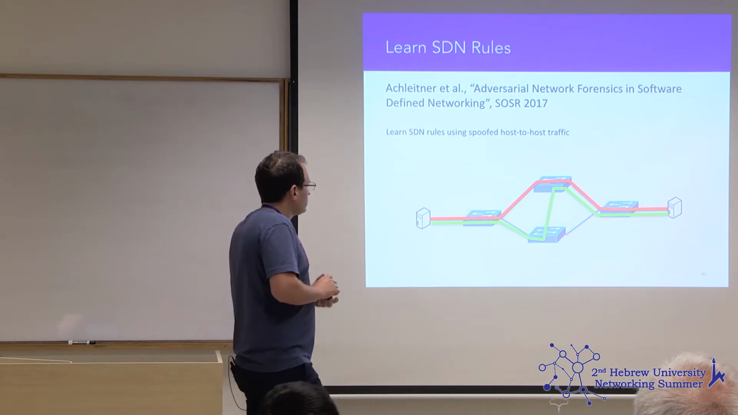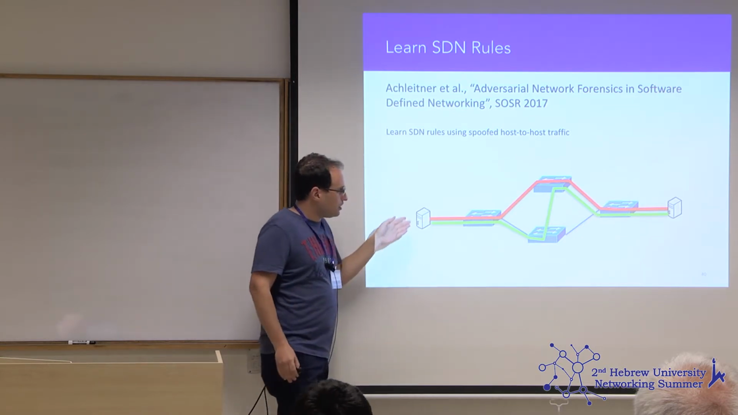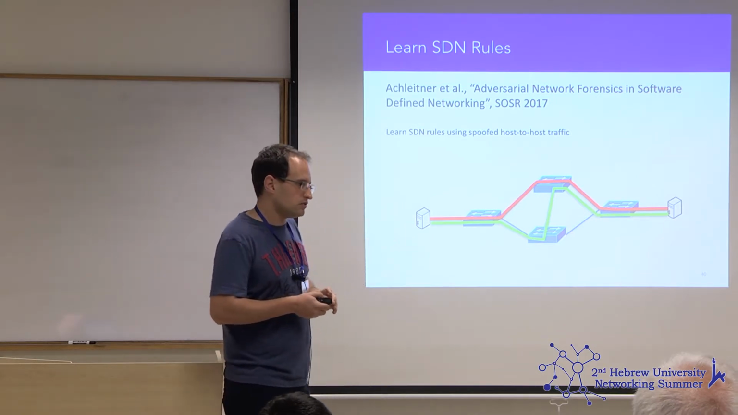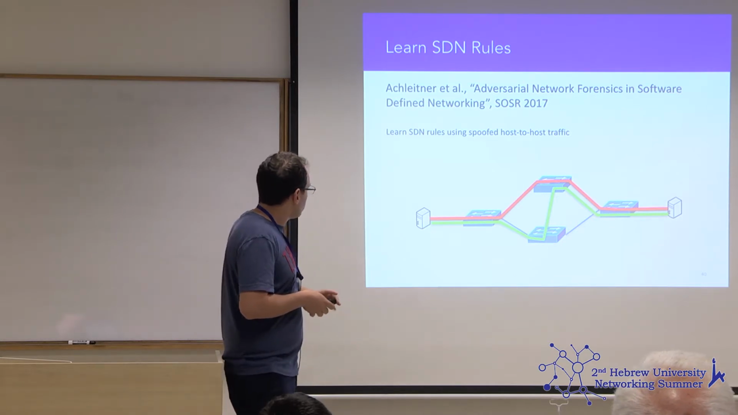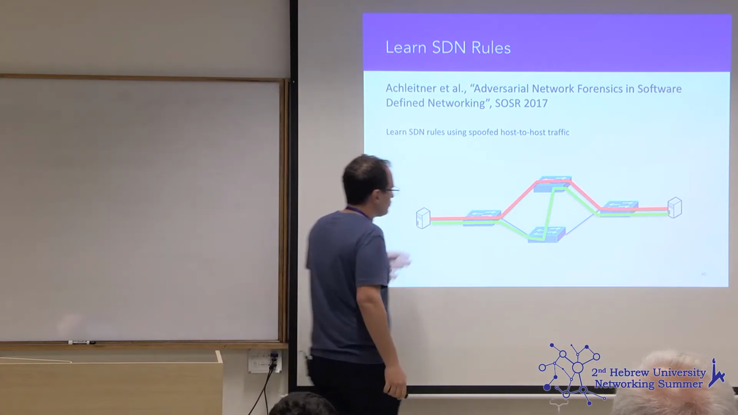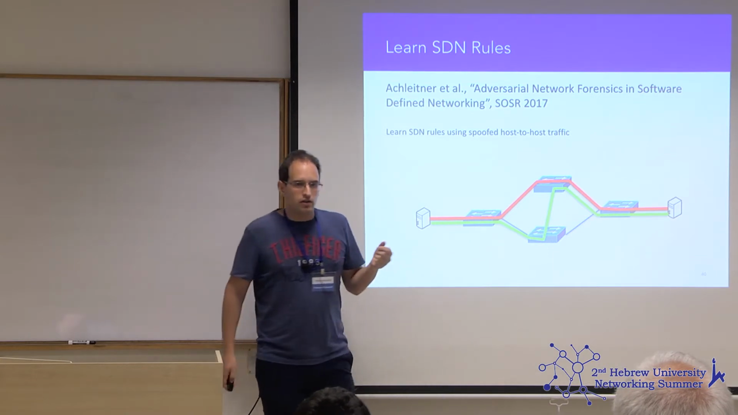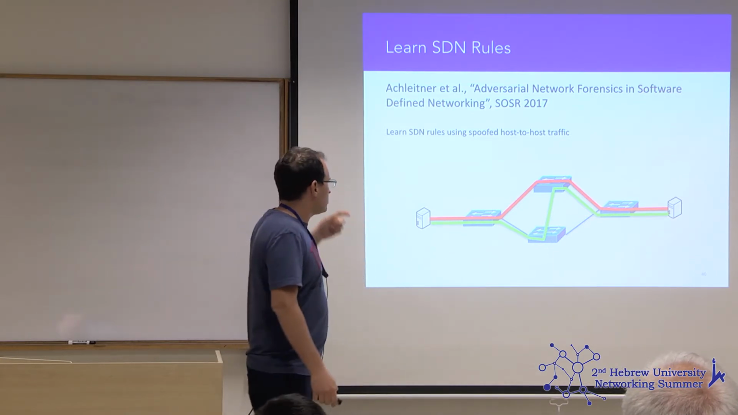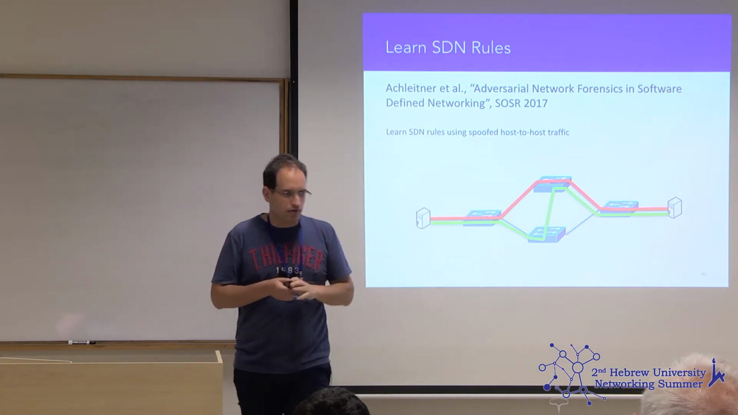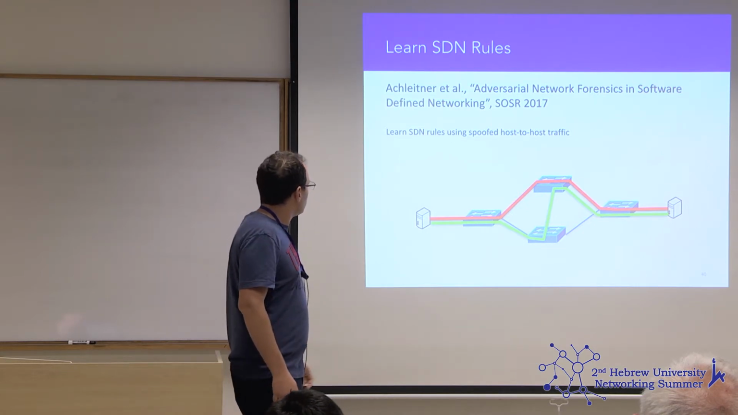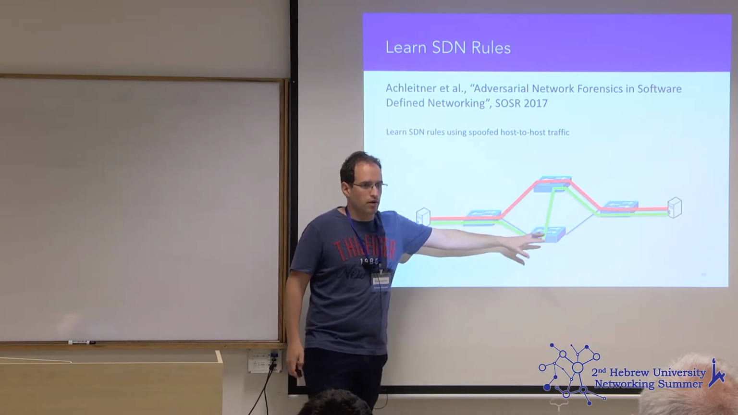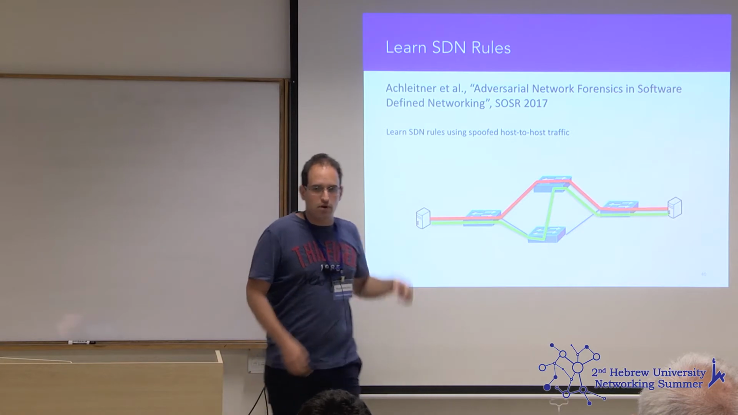This is another work that showed that if you have two hosts in the network, you can relatively easily learn a lot of data on the forwarding rules between those hosts. And not only can you learn the forwarding rule, you can learn it per switch, and you can learn multiple paths by sending different types of traffic if the traffic is being forwarded differently. So they just use spoofed host-to-host traffic. They don't know anything about the network, and they're able to learn a lot about the structure and the forwarding